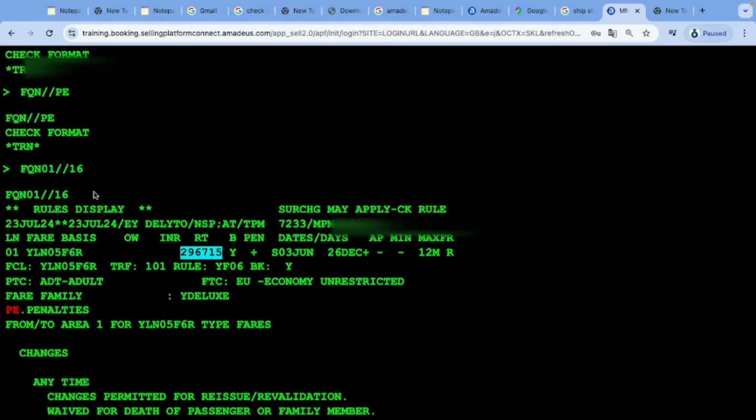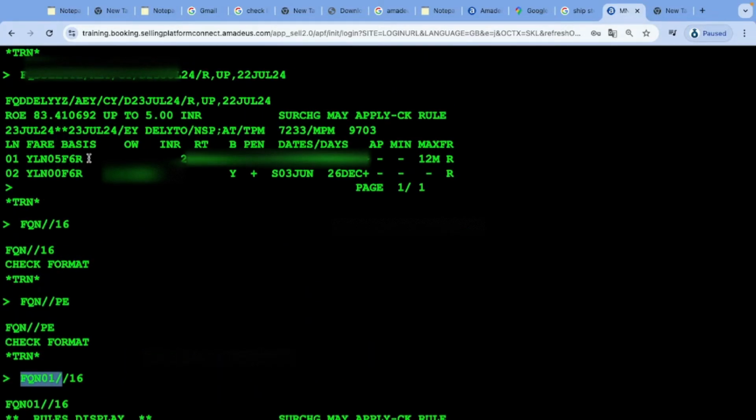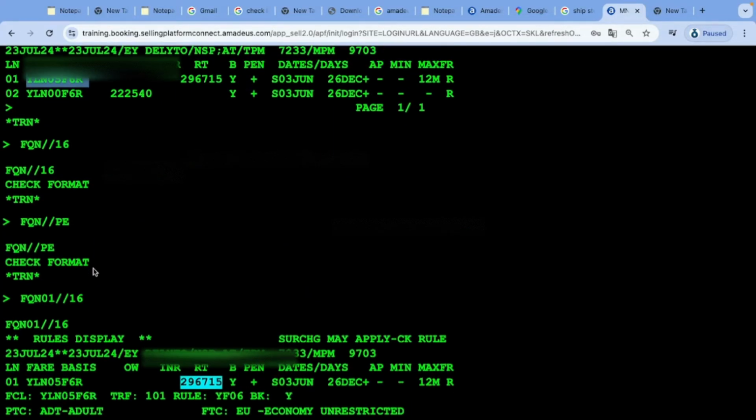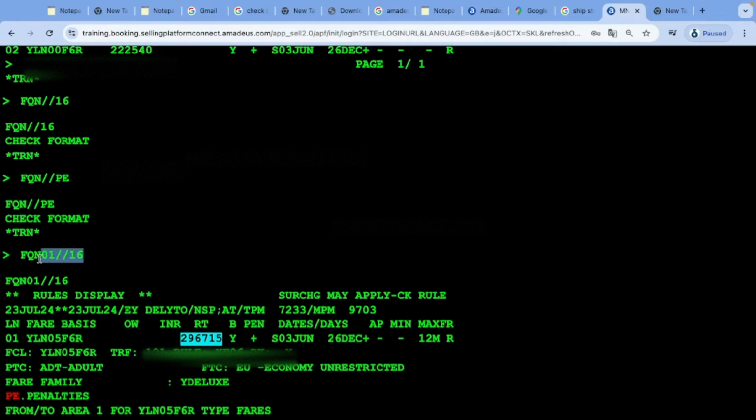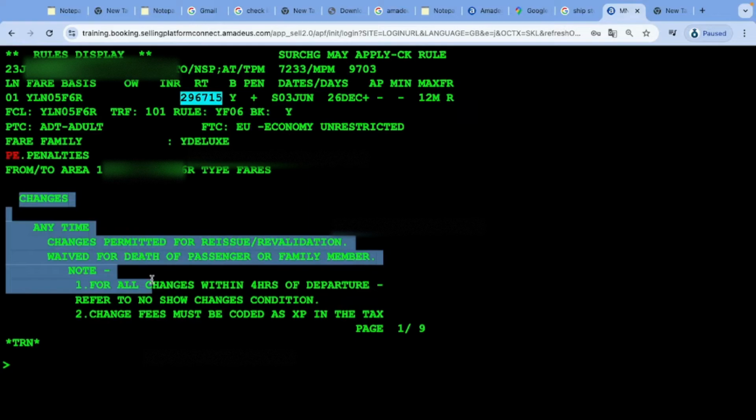Okay, so FQN01, because we are going to open the first one, 01 star or /16 is to open the penalties. Changes, because this is Y class, I mean this should be allowed, so changes are allowed, no charge. We move down,